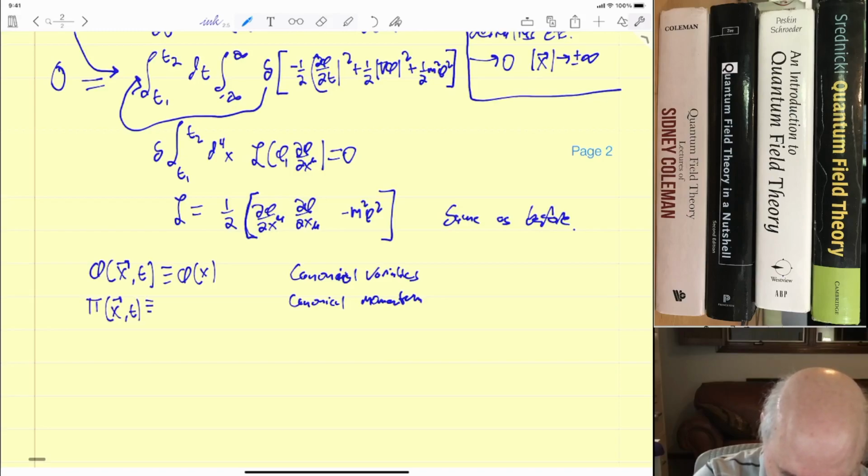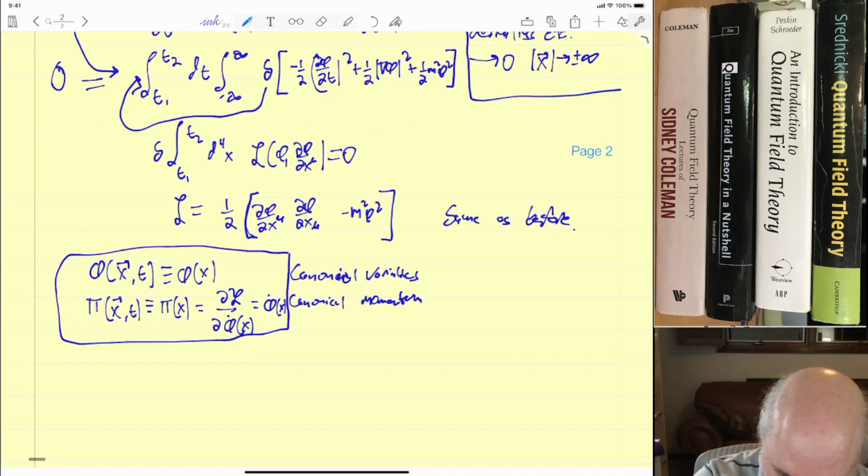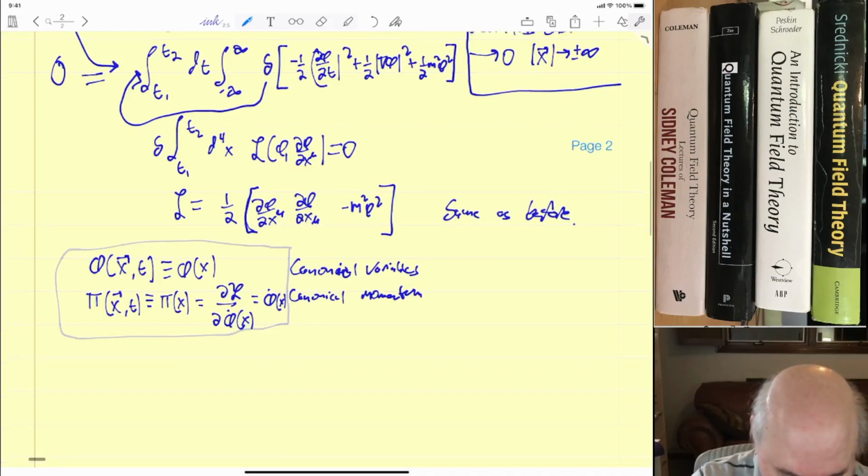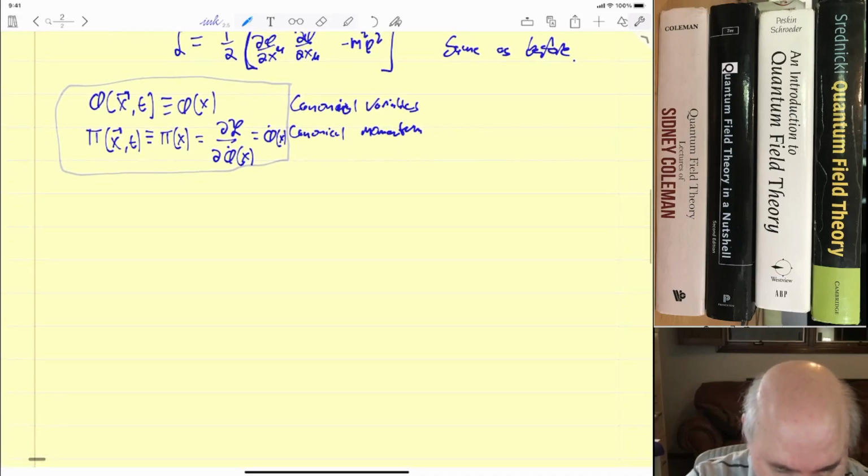Again, I'm going to define that as pi of x, the partial of the Lagrangian with respect to phi dot of x, and this is just equal to phi dot of x. So everything's very simple with the scalar field. And now to make it quantum,